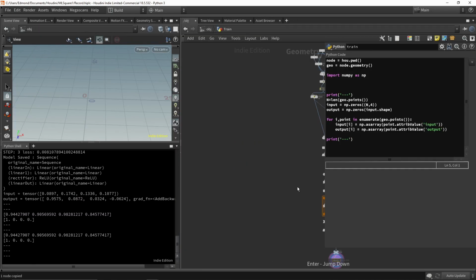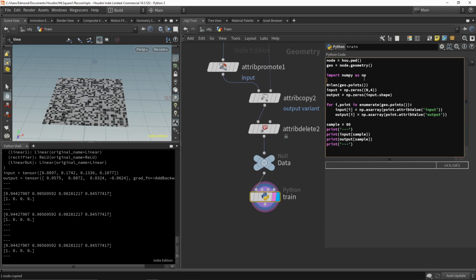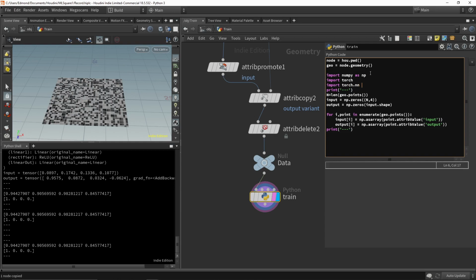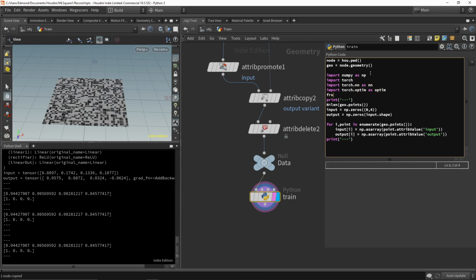We are now ready to start to build and train our neural network. We start by importing some additional libraries related to PyTorch. We will also rename the NumPy arrays, because PyTorch doesn't actually use NumPy arrays. We will need to convert them into tensors, which is a similar data model, with some additional tools.